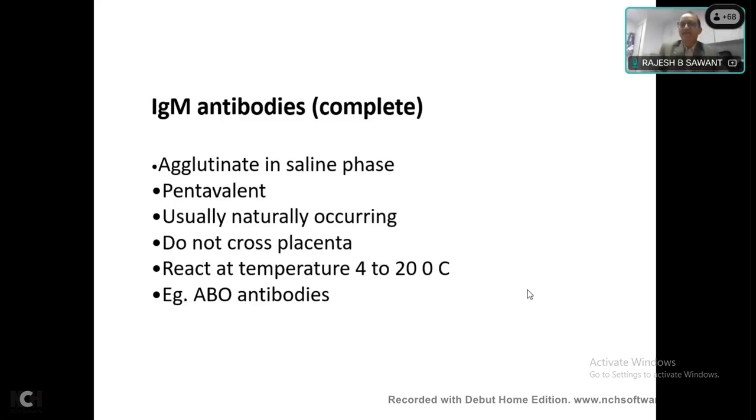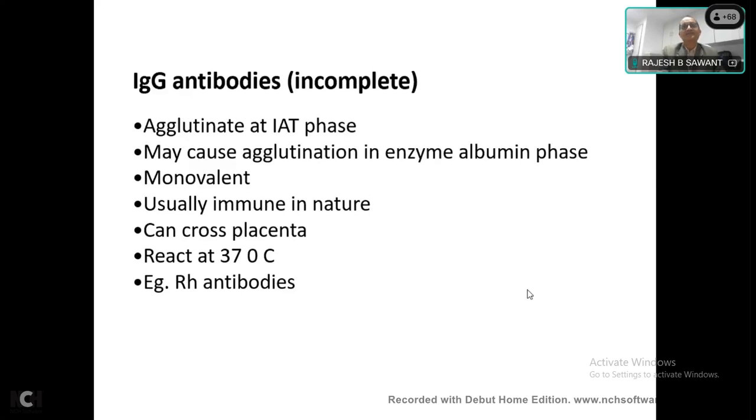So if in detail we have to look at IgM, they will agglutinate in the saline phase, right? They are pentavalent. Usually they are naturally occurring, so they don't need any sensitizing stimulus. They do not cross the placenta because they are larger in size and they will react typically at temperatures between 4 degrees to 20 degrees Celsius. So most of our isoagglutinins or the ABO antibodies, anti-A, anti-B, etc., are of this IgM type, which are known